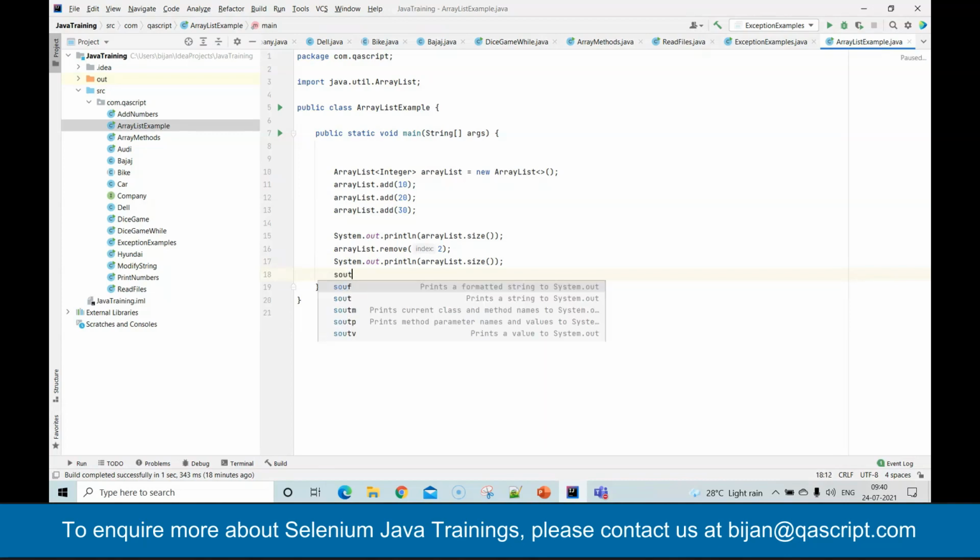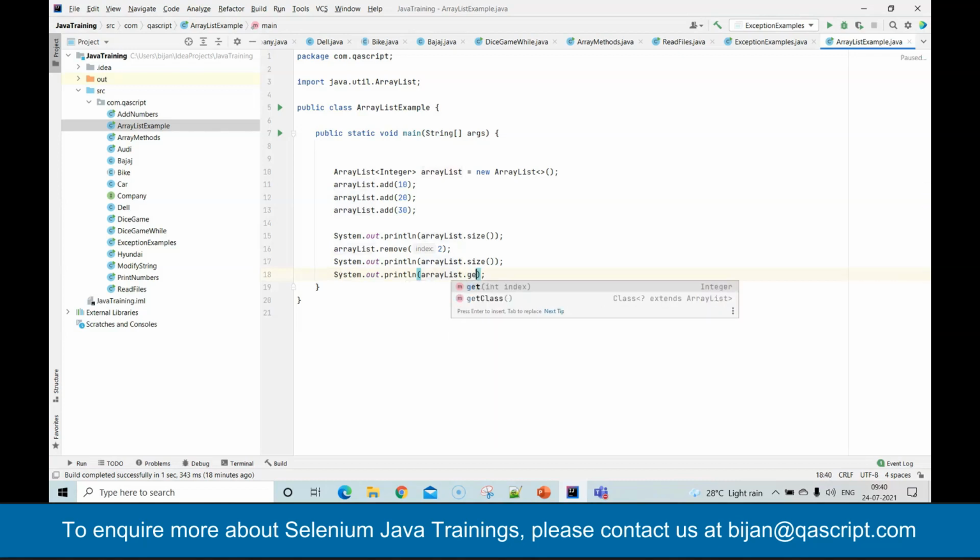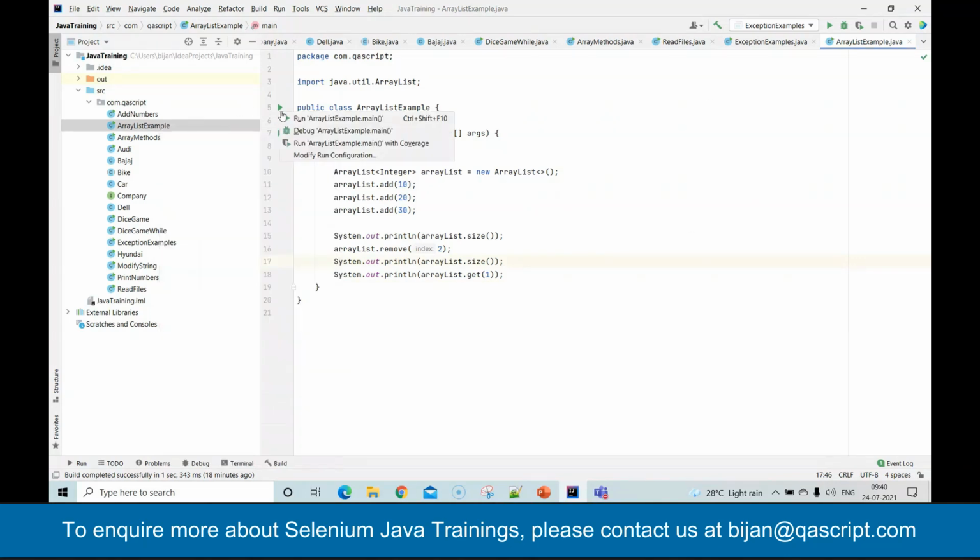Now, other methods are array list dot get, right? So this will return the element which is present in this particular index. Okay. So these are some of the methods. If I run this program,